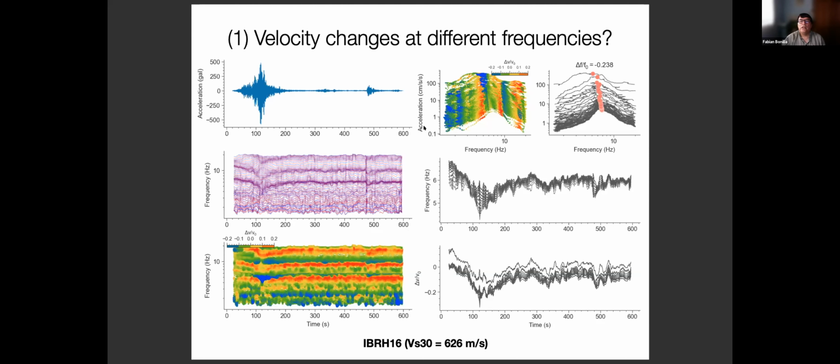In blue and also in green, you see negative velocity changes, and the velocity changes are concentrated in this area. If we plot this in another way, frequency as a function of acceleration, we have this kind of bell shape that I am going to plot here in a simplified way, and I am going to obtain the maximum value. The maximum value is going to give me just the frequency shift, like people are looking at in rock samples. And if I identify these points and come back to this diagram, I can extract what are the frequencies that are changing as a function of time, and also the related velocity changes.